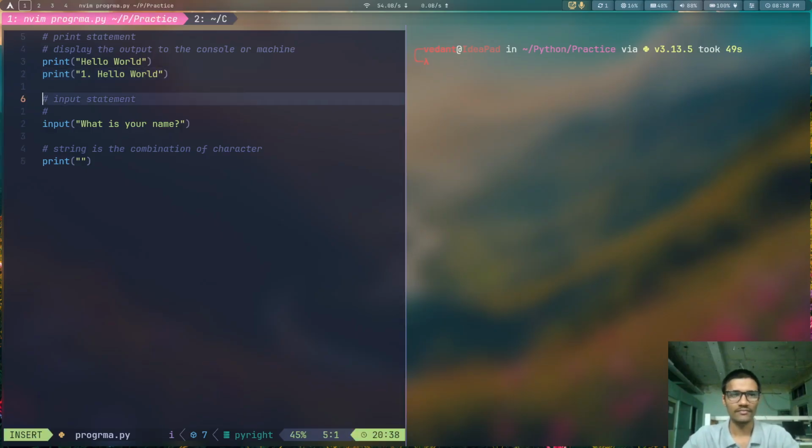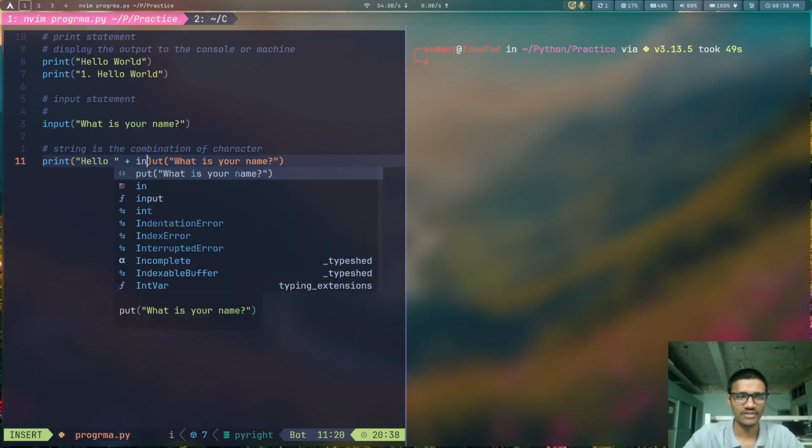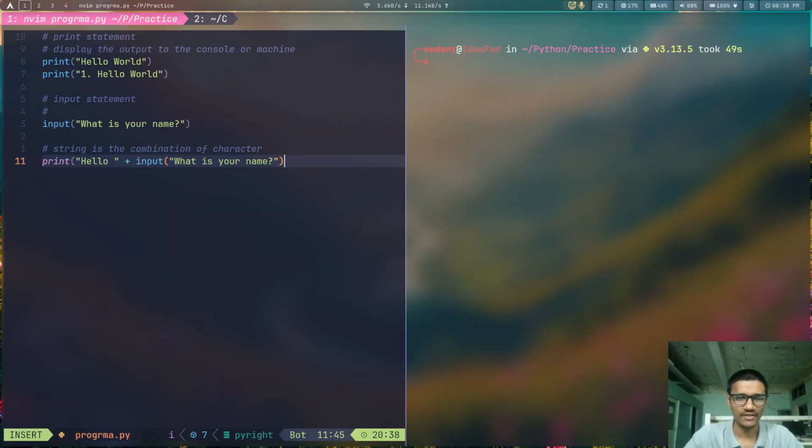So here we are storing the input which is given by the user and printing it to the console. That is the thing we are going to do now. Hello, and a space which is necessary, and we will initiate the input statement, what is your name.